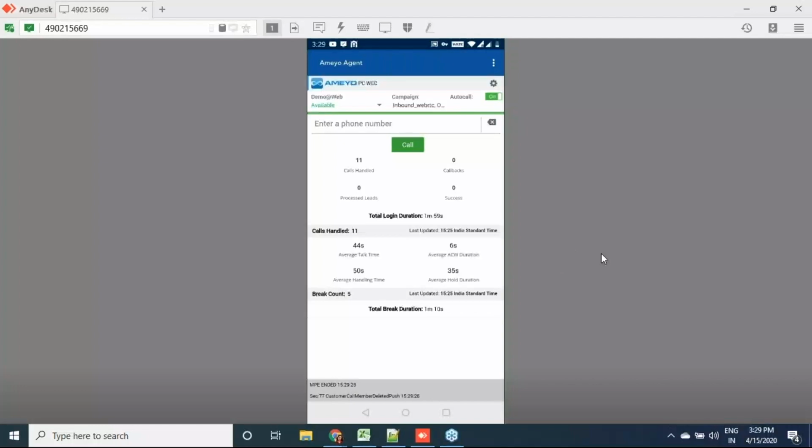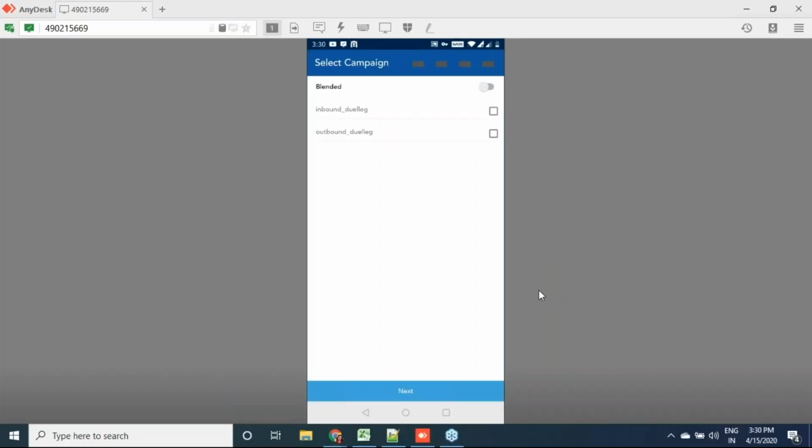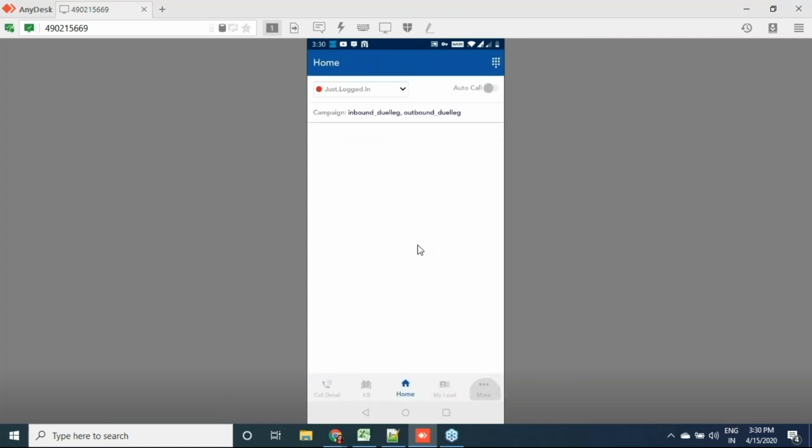Yeah. So for CTI, I again have an agent mobile app which I can use. Within this app, I can log in using the agent credentials. Is my screen visible? Yes. I'll do it again. So as an agent, I have logged in. I can select the process, either one process or multiple processes. Here I have to select the extension number. It can be a mobile number or a landline number. So right now I'm entering my mobile number as an agent.